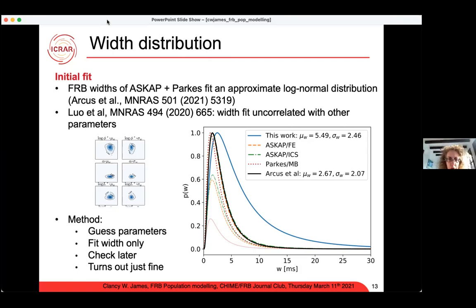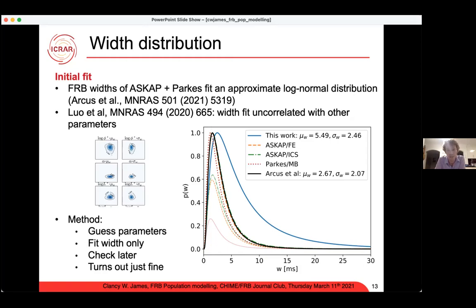But then you're also emphasizing the high width. What about the low width? Because your log normal plummets at low widths, where actually there are biases also because of the time resolution of surveys. So I'm a little confused by that. Yeah, so this is something that probably needs to be updated for our ASKAP high time resolution plots. So this fit that was done by Parkes et al. to produce the black curve was before we'd included high time resolution ASKAP work.